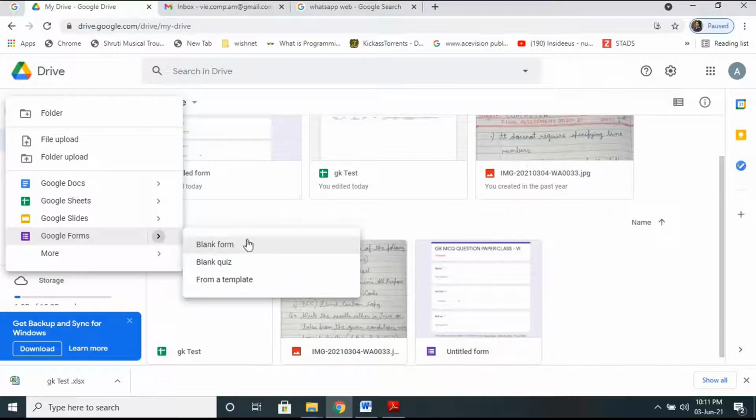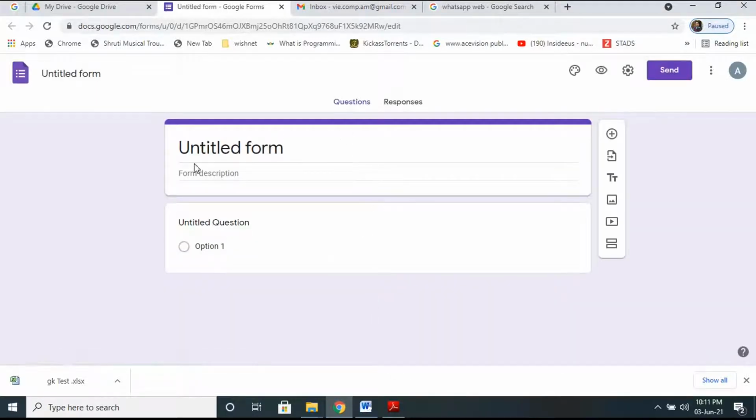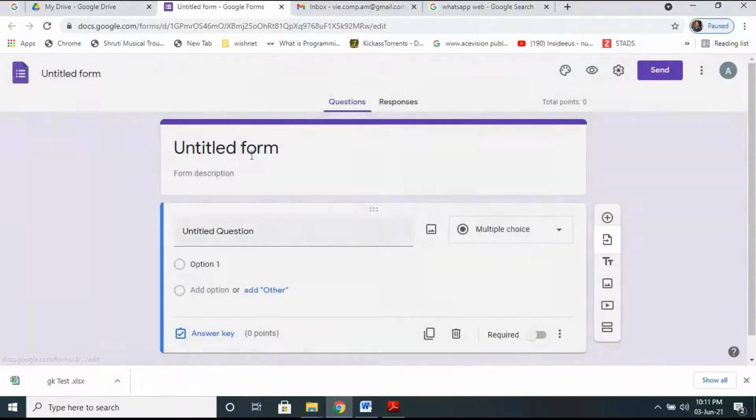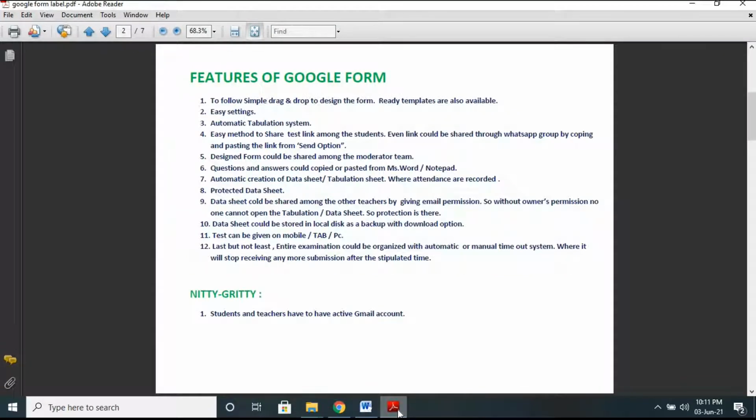Under Google Forms there are so many other options, like the blank form, blank quiz form, templates. Templates are also given and you can choose from there, but since we are going to compose MCQ type questions, it is recommended that you select blank quiz. So once we take the blank quiz, this is your form template. This is the title page. We need to give the name of your title. Before that I will show you our second step,